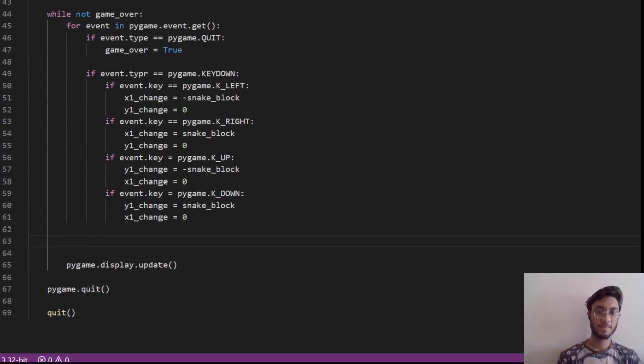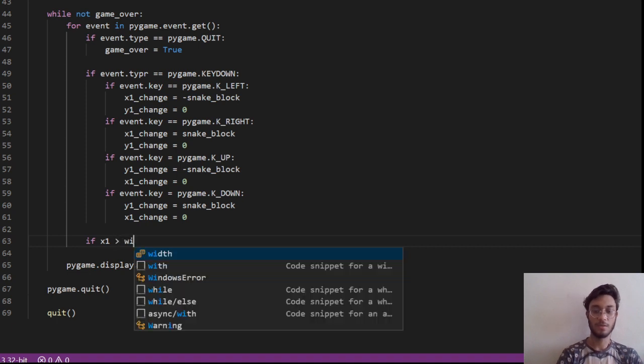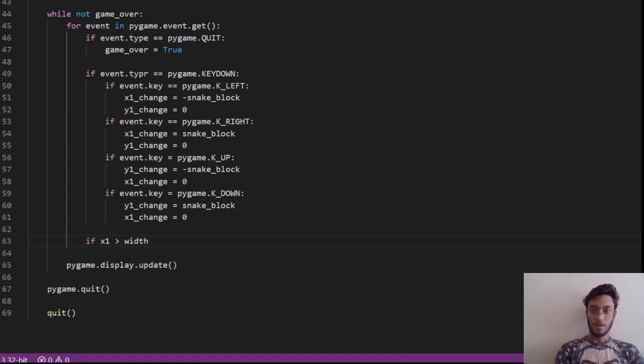Let's start with the actual logic. After assigning these certain keys for the snake position, let's assume what if the snake hits the border, that is, if x1 is greater than the width, or x1 is less than 0, or y1 is greater than the height, or y1 is less than 0.